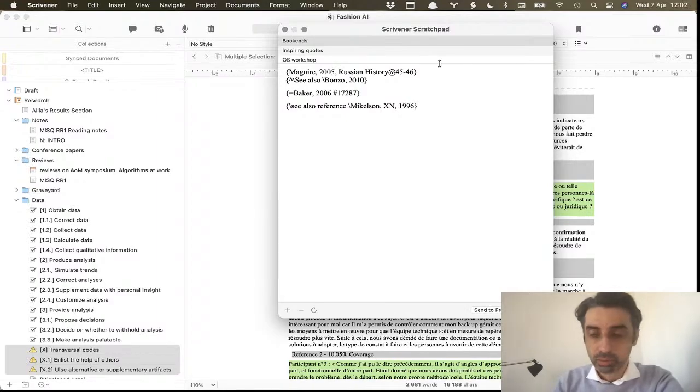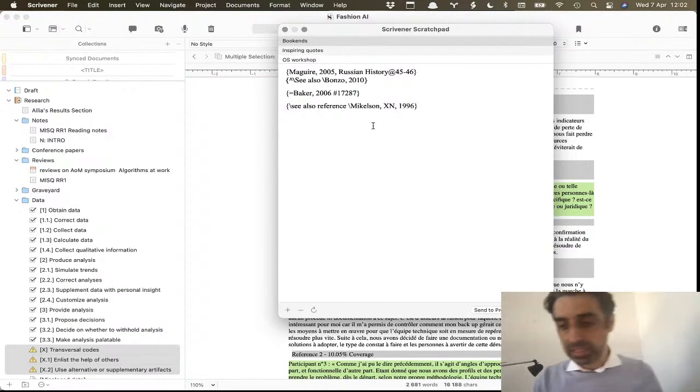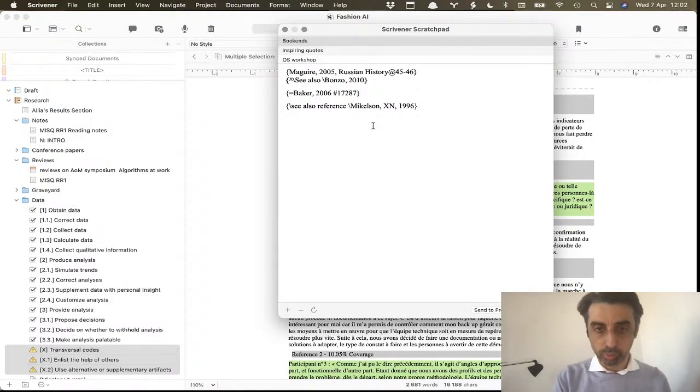works whenever you have a Scrivener project open, right? So if I have the Scrivener project open and I open the Scratchpad, I'll get this context. If I close it and I open a new project, I'll get the exact same Scratchpad. So the Scratchpad is basically, imagine like a notebook that you have on the side, and that is basically there for every single project that you have. Okay, so